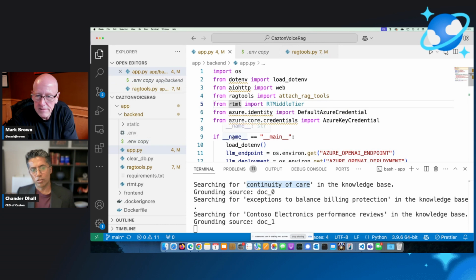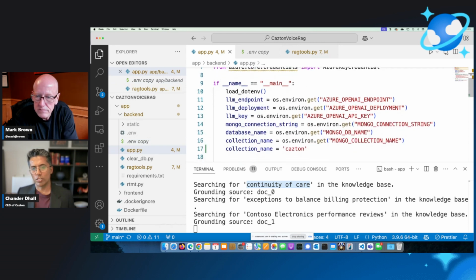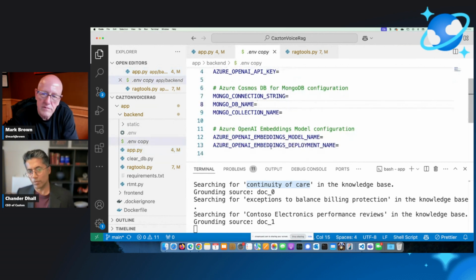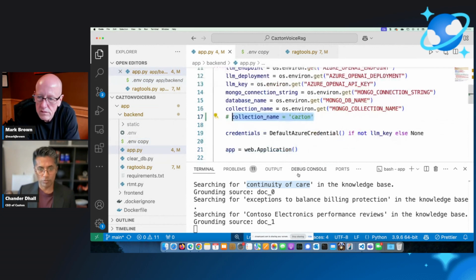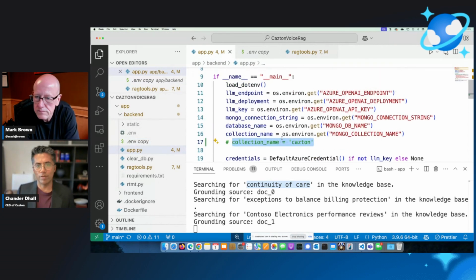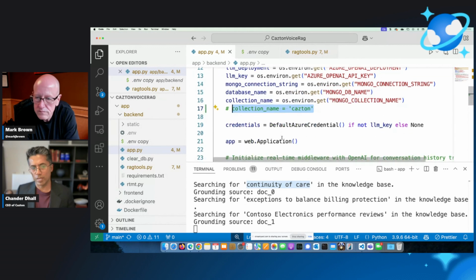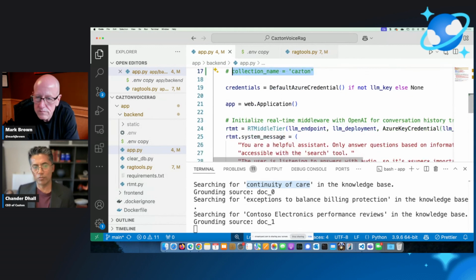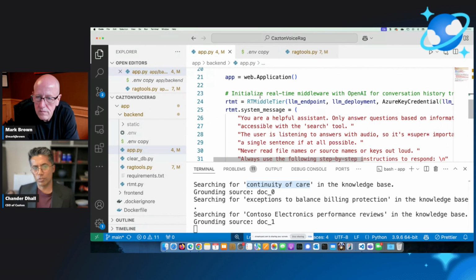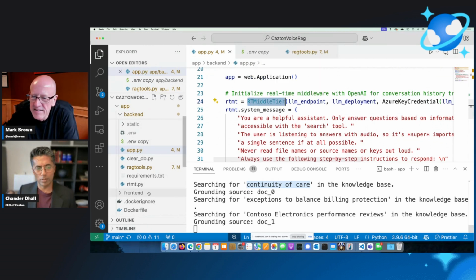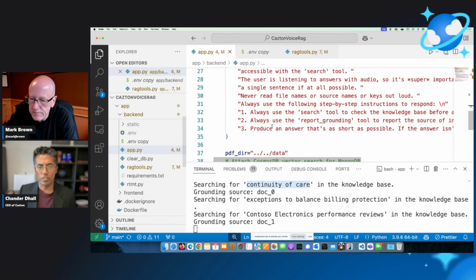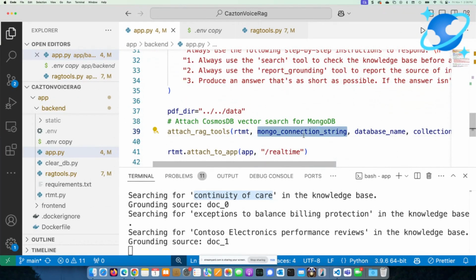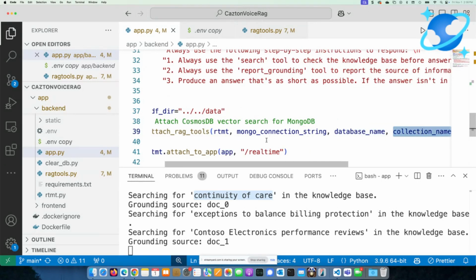Absolutely. So the app happens to be barely just the setup, as you can see. You might have noticed I just hard coded this line. You don't have to. You can get every single thing from the environment, and we already have that code over there. Even if you comment this out, it would work, no problem whatsoever. So now you've got your environment set up. You've got all the key value pairs from your env file. Next, you see you've got this middleware, which we didn't really change much of, except we added plumbing for the Mongo connection string, the database name, all of this is Azure Cosmos DB for MongoDB vCore, and the collection name, and that's it.